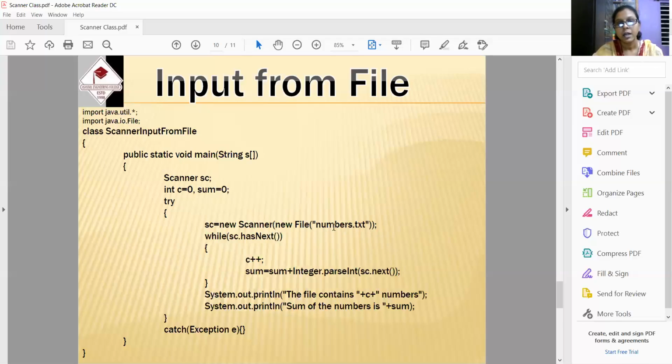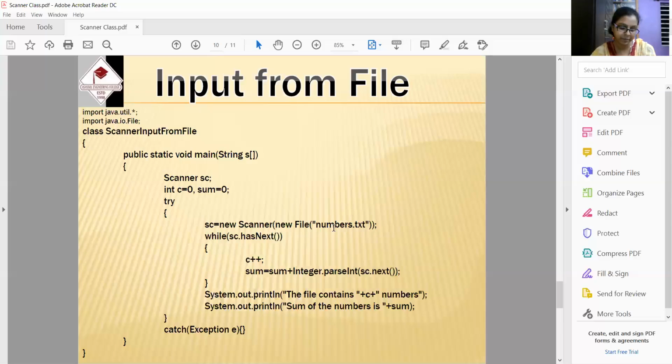It's a text file, and here I have already stored some numbers, some integer type values, in an existing file. So number.txt has been stored in the E drive where Java has been stored, so directly it has been written as number.txt. If it is stored in another drive, then the proper path should be written within the double quotes. Simple. Here number.txt is in the same drive as Java, so it has been given in this fashion.